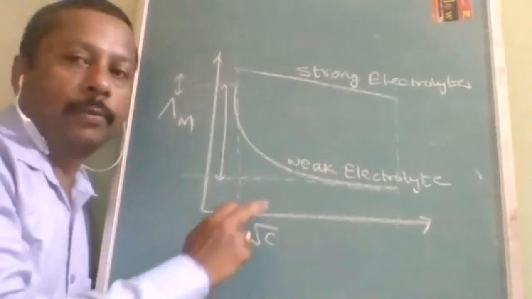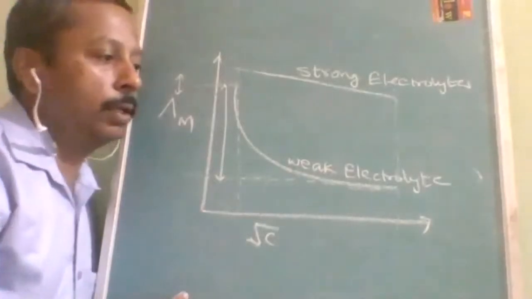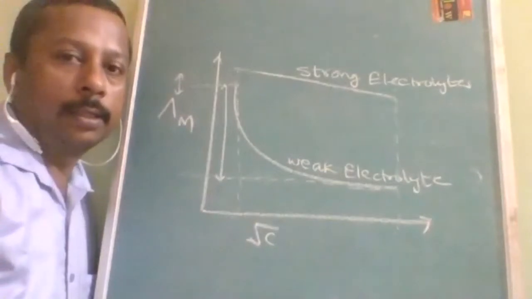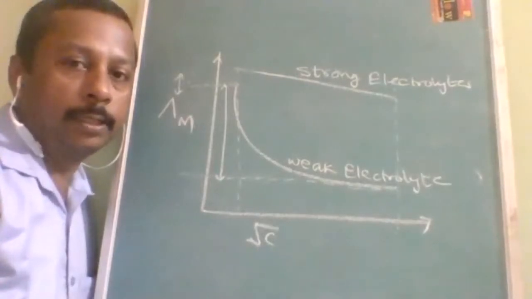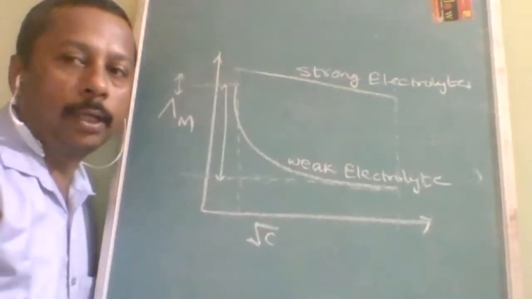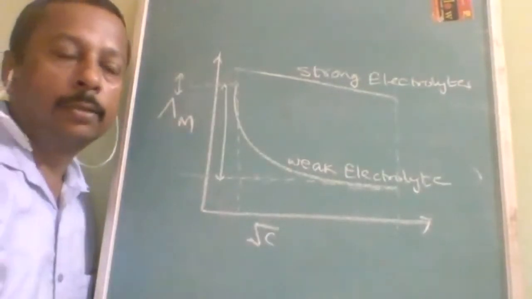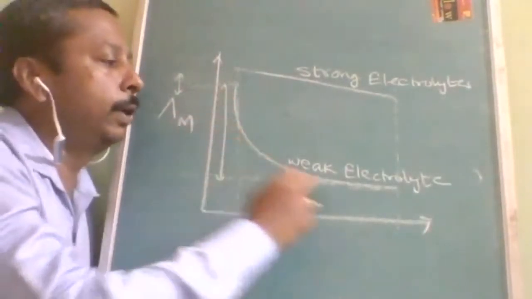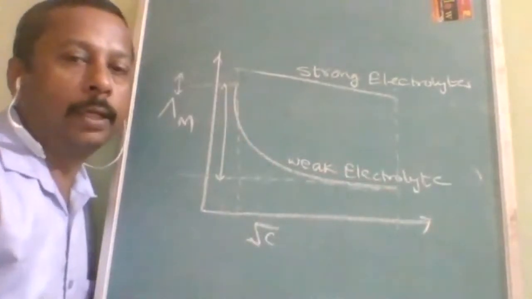If you have any doubt on this topic, you can view the video Introduction to Electrochemistry, on strong and weak electrolytes. Is it understood? The electrolyte whose variation is linear and the variation quantity is small is called a strong electrolyte, whereas the electrolyte whose variation is very large and shows a curve-like variation is called a weak electrolyte. Why?